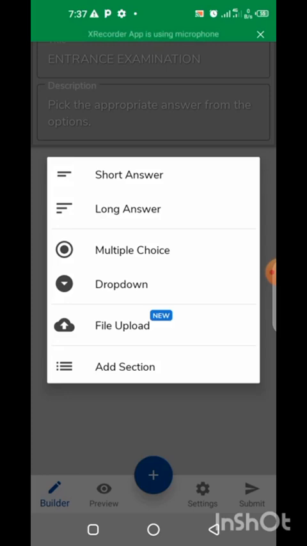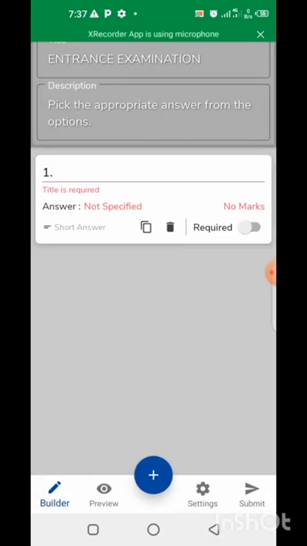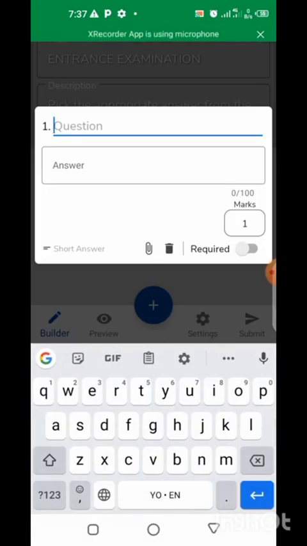Now the first thing I'm going to choose is multiple choice. But let me start from the first one, which is short answers. I will click short answers. Now can you see, after clicking short answers, I have question 1. Then I can type my question. Now the question, let's say,